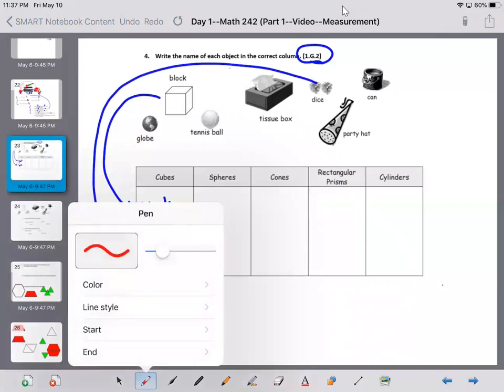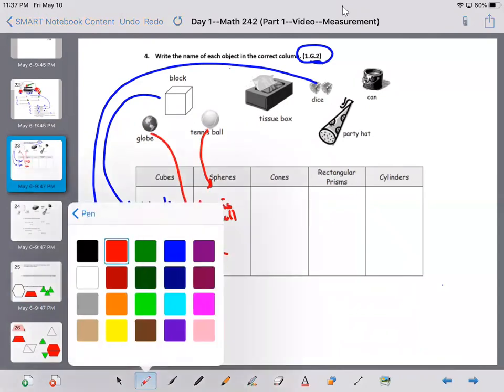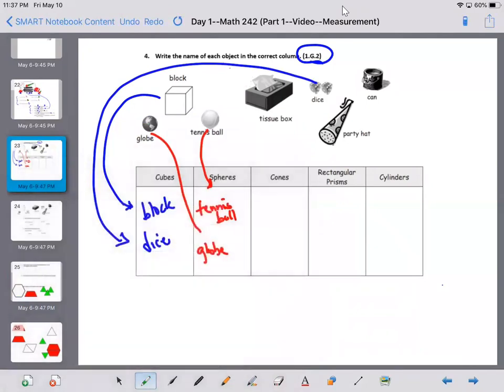With spheres, we would see that we've got the tennis ball, so here, and we've got the globe. Those would be spheres. With cones, we see that the party hat